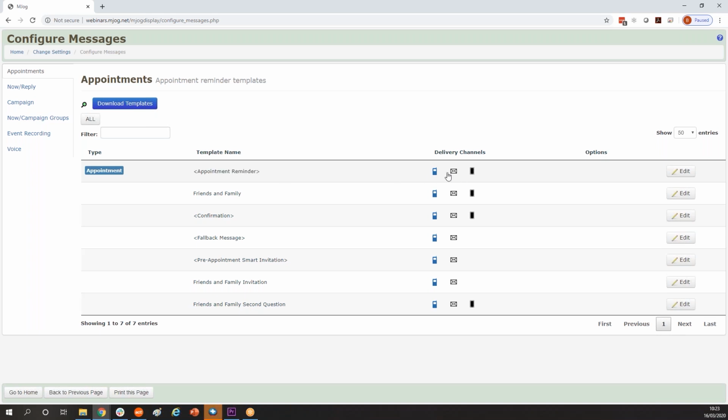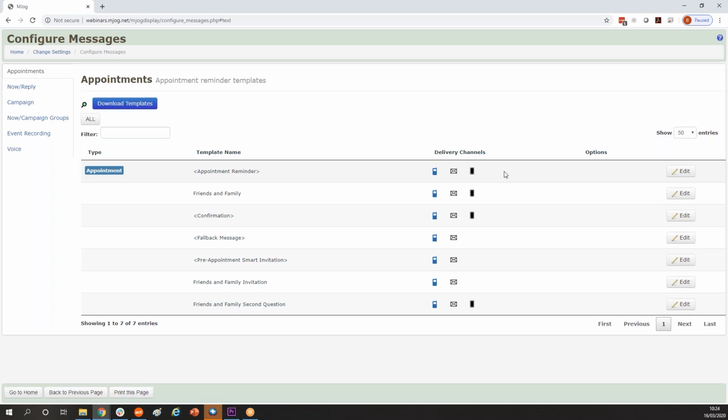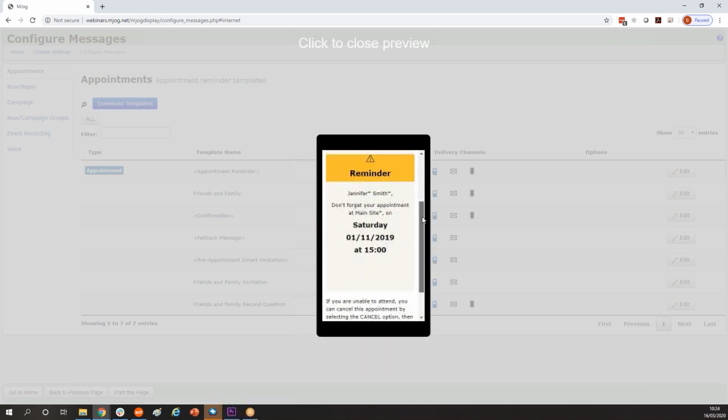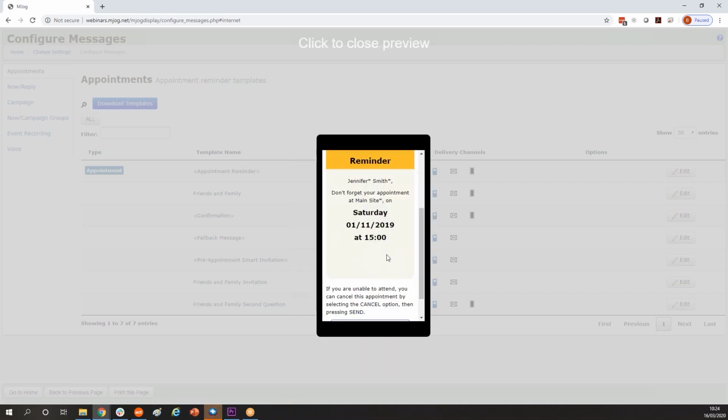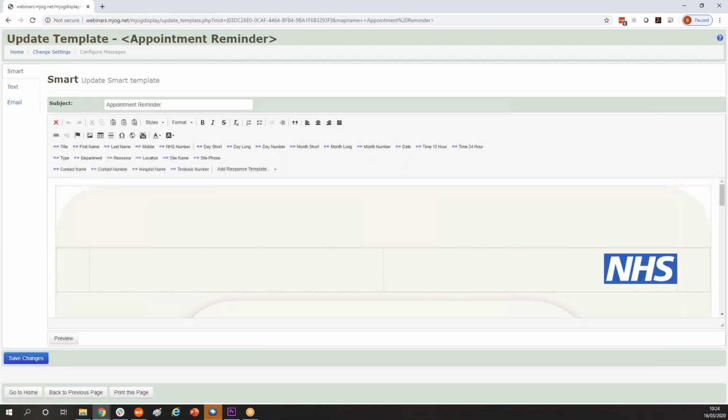Now in this video, we're going to look at both text messages and messages going to MJog Messenger, the app. For the app, we're going to add a button which will become a link, sending patients off to NHS 111, off to the correct page. I'm going to do something fairly similar for our text. So if we click on Edit over to the right,